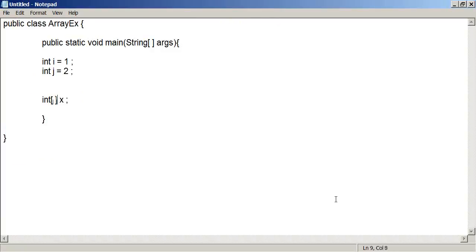So this X is a variable and it can point to a group of integer values. Programmatically, whenever you come across such a symbol, you can understand that there is a group of data, and that group of data is referred to by a name, and that group contains data all of type integer. Such a symbol you already have in this program. Here, this is the one, right? What is the meaning of this? There is a group of data